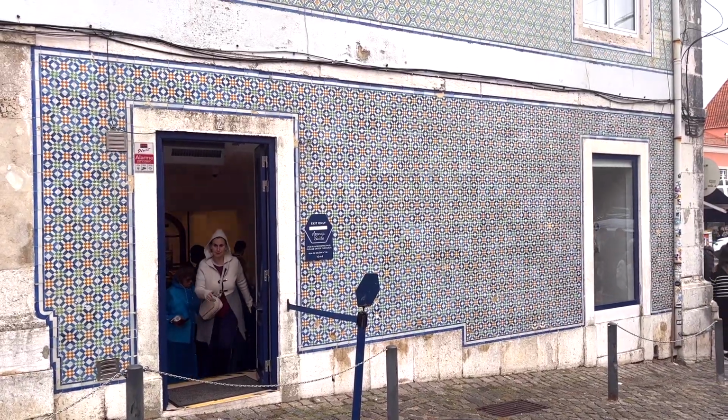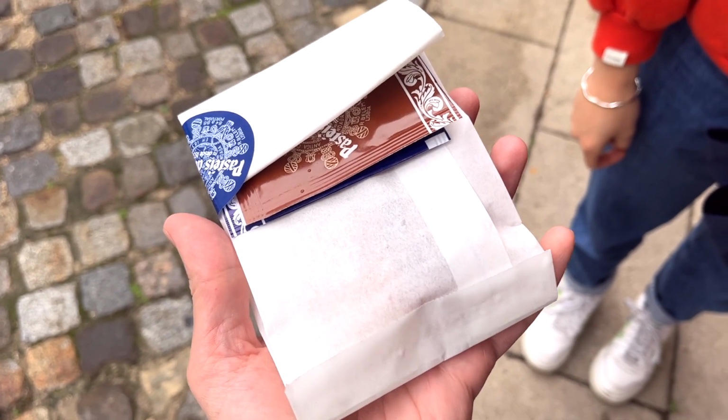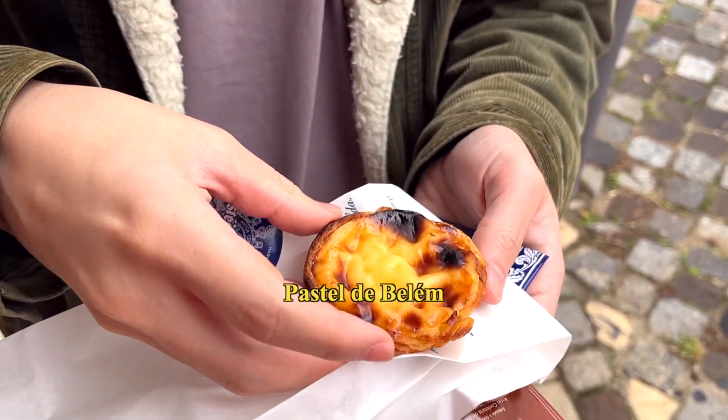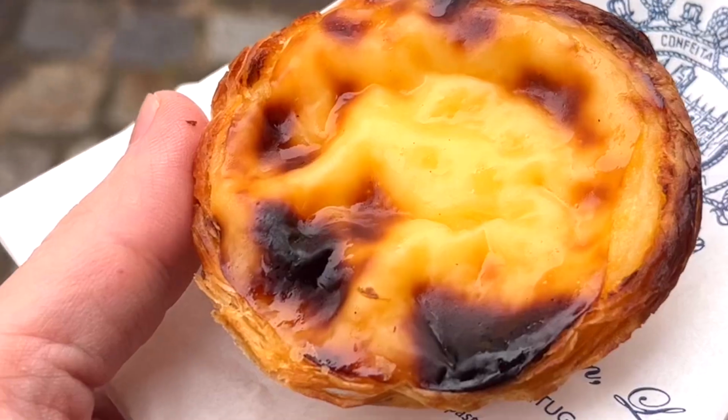The next morning we went to a place called Belém just to try the OG Pastel de Nata. It's sometimes called Pastel de Belém because it originated from this place. There was a long line outside the bakery, but you actually didn't have to wait if you just ordered a takeaway. The pastry came with a pack of cinnamon and a pack of powdered sugar, and I really liked it